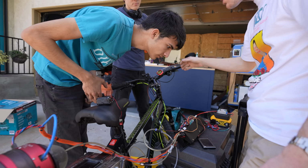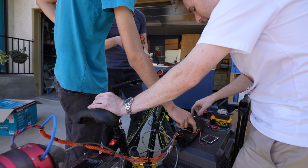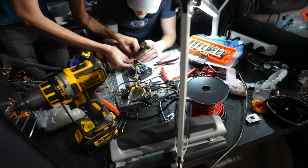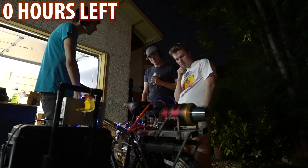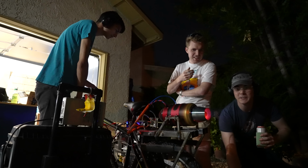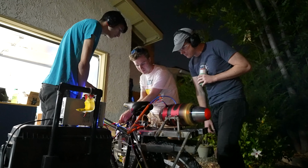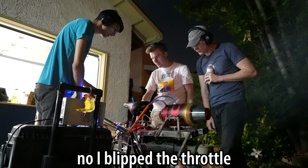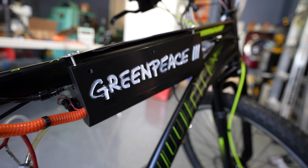But even with the throttle fixed, the jet still wasn't turning on. Whatever is happening, this is not sending enough power to send signal. Doesn't turn on until 5.5 and you get bad signal under 6. And even after another 3 hours of troubleshooting, we still weren't 100% sure that everything was working right. No, I guess the battery cut out. But by now we were out of time, so the next day Robert and I woke up early to